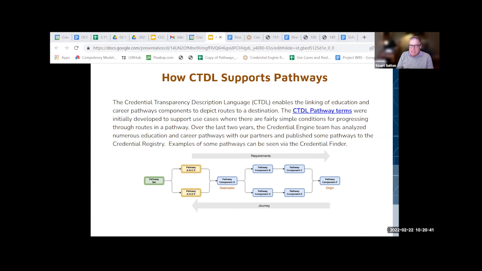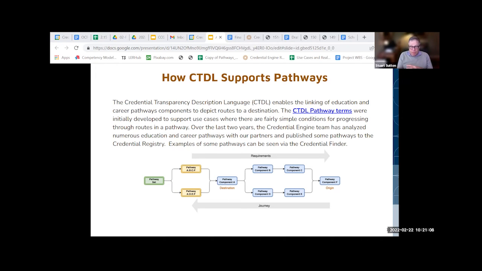In 2019, we formed a task group to develop a specification within the CTDL for pathways. That group worked from 2019 to 2020, and we actually finalized a pathways specification, but reserved one piece of it for further development.